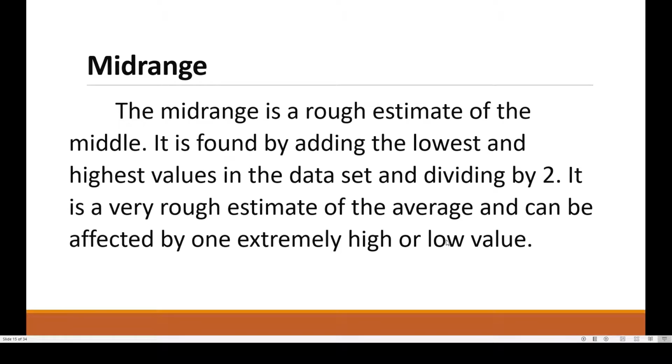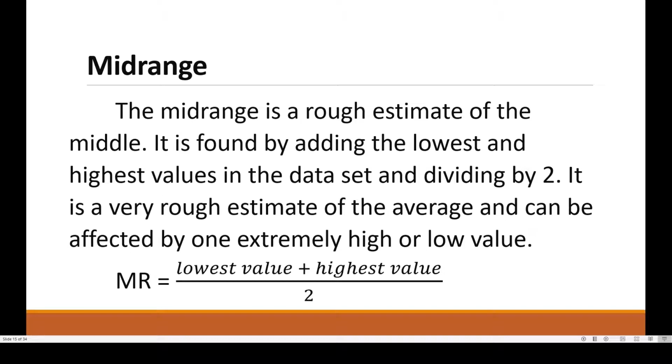Let's proceed with the midrange. The midrange is a rough estimate of the middle. It is found by adding the lowest and highest values in the dataset and dividing it by 2. It is a very rough estimate of the average and can be affected by one extremely high or low value. So the formula to get the midrange is just add the lowest value and the highest value and divide it